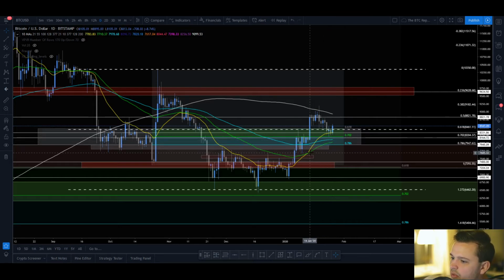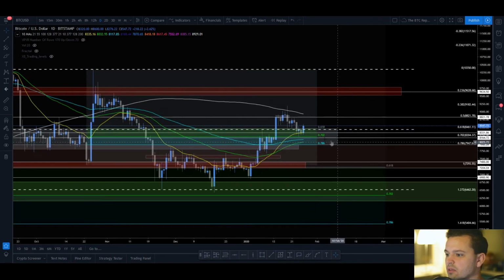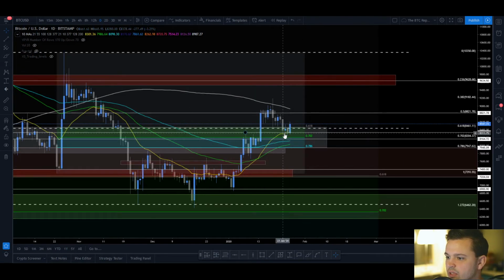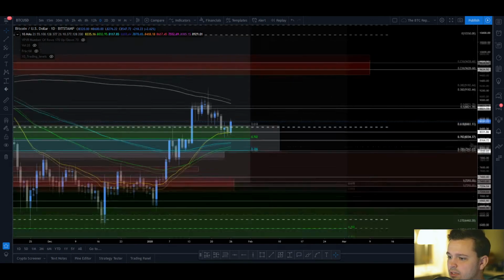We're also having some nice bullish crosses here between the 21 crossing the 55 to the upside and the 99 EMA to the upside, and price is trading above all of them. As you can see here, we wicked down in the midpoint of RLC and closed the candle right above the